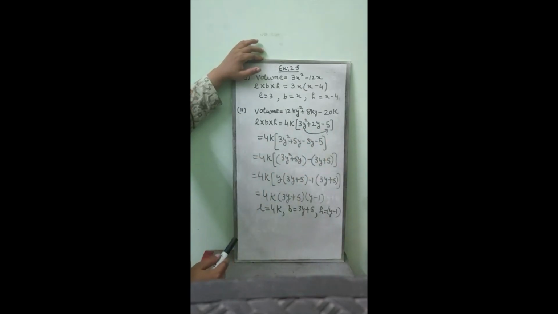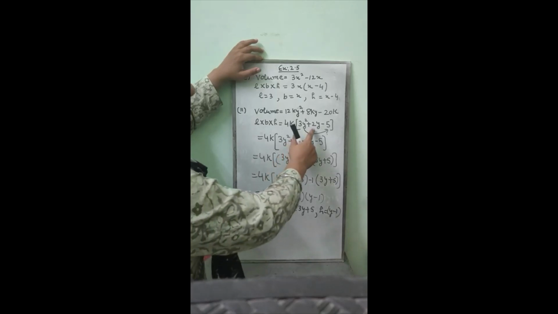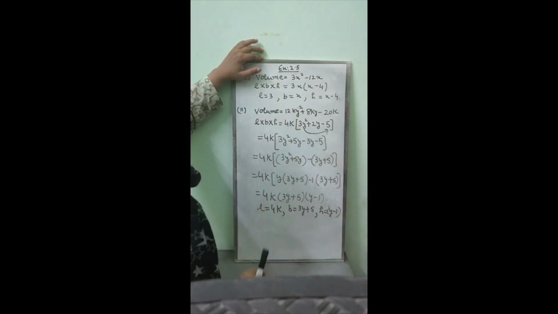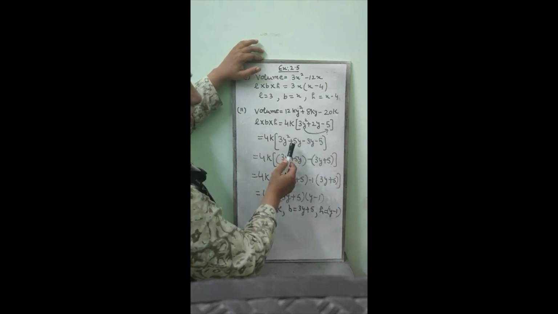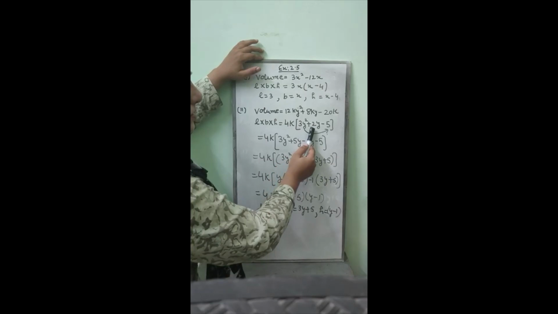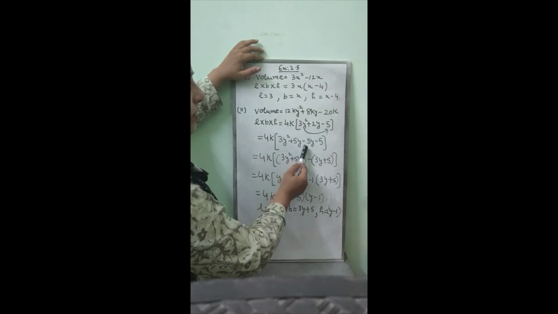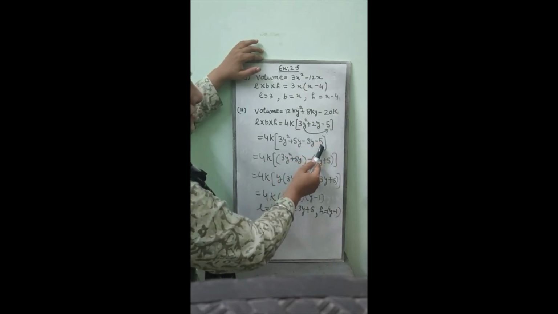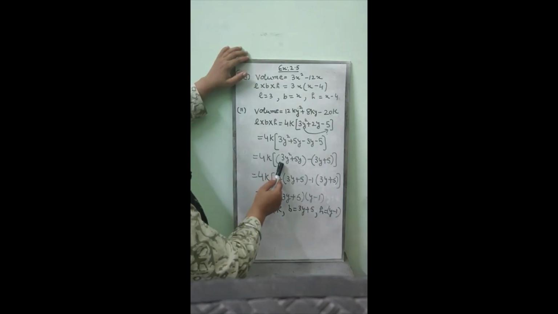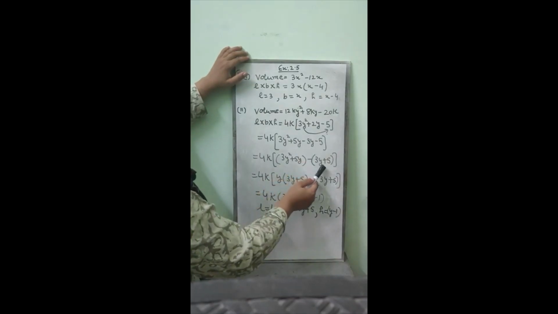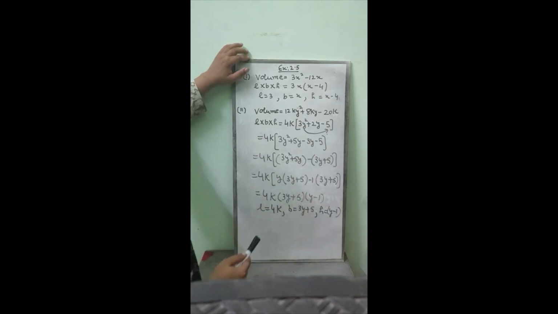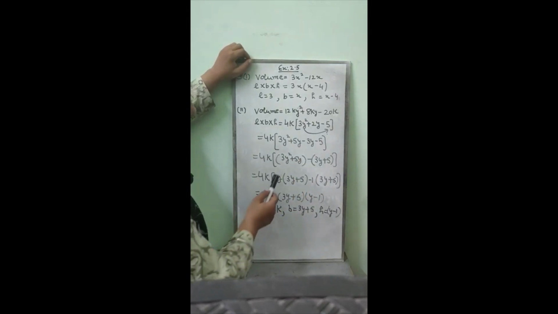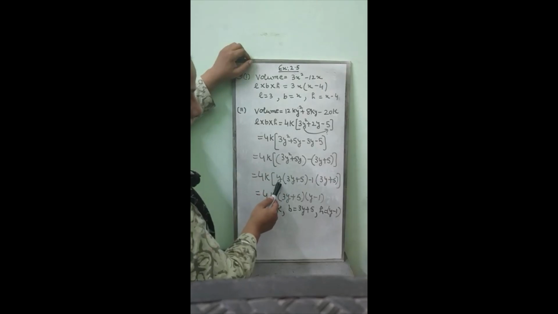I am going to make two factors of 15 so that I may get 2 after addition or subtraction and 15 after multiplication. 5 and 3. Factors will be 5 and 3. So 3y square, instead of writing 2y, you will write 5y minus 3y minus 5 as it is. First two terms in the first bracket, next two terms in the next bracket. If minus is outside, the sign inside the bracket will be changed to plus. Here HCF is y only.